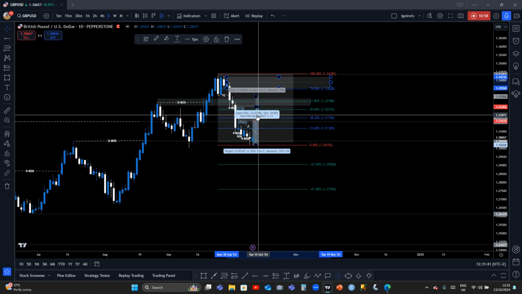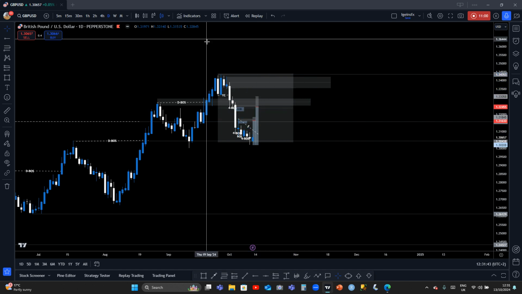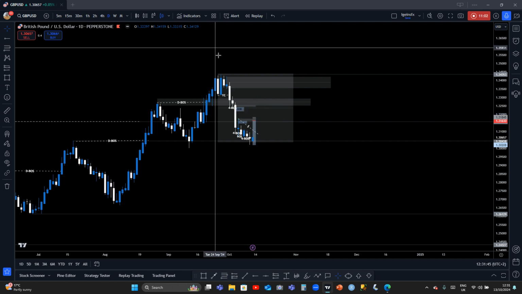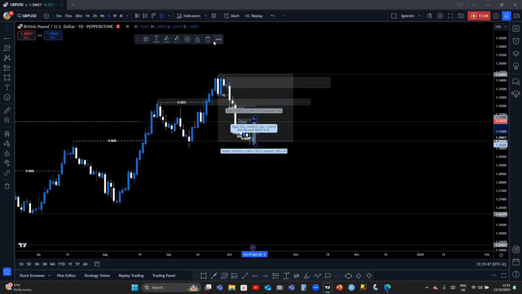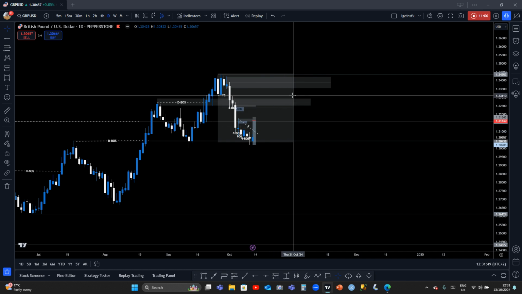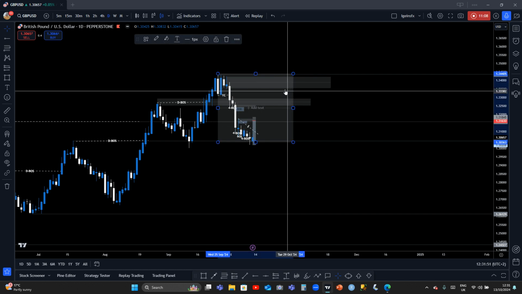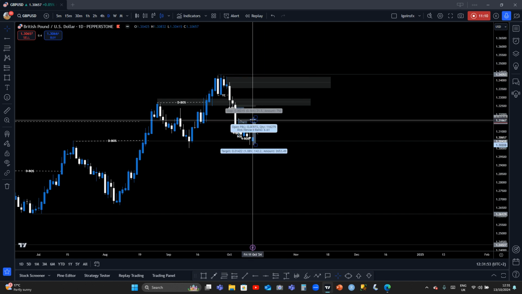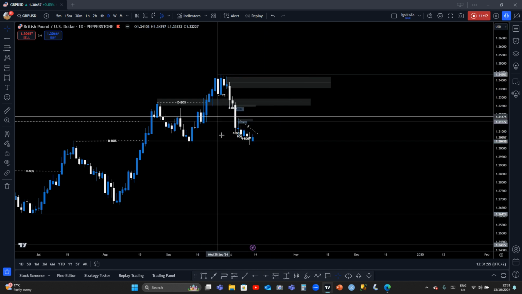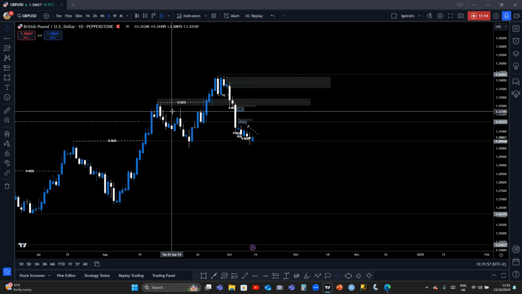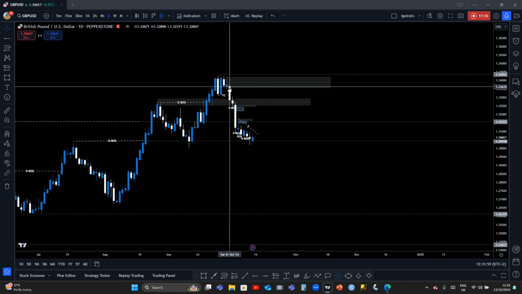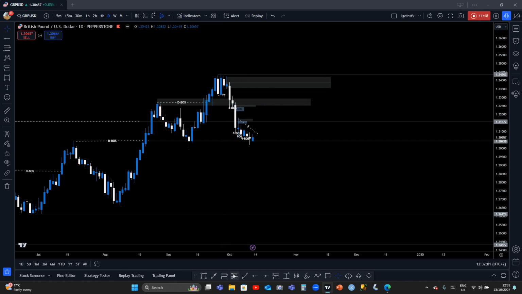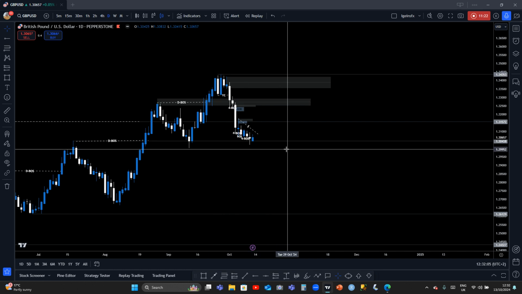So that is the thing here. Let me remove all those things so that we won't get confused here. All right. Highest price can get to, if we put our fib 2 here to this level,